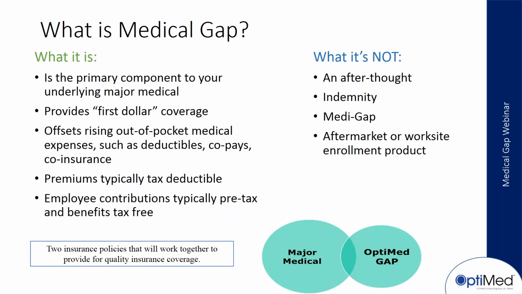So what is GAP? A refresher on it, right? Some people call it primary insurance. Some refer to it as a fully insured HRA. But essentially, what is medical GAP? It insures deductible and coinsurance as it applies to a group major medical program. What it's designed to do is save your employer groups money by having them select lower premium, lower cost major medical programs